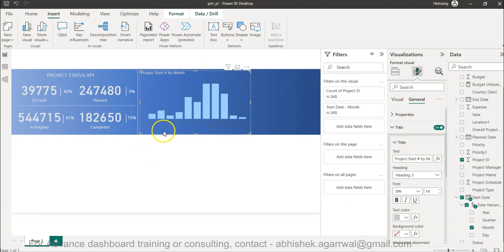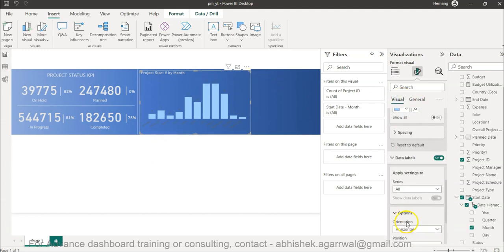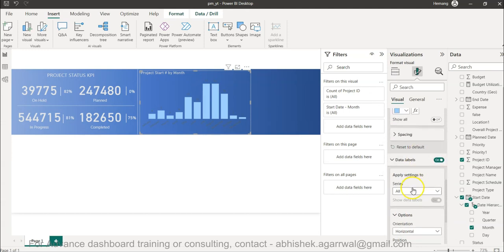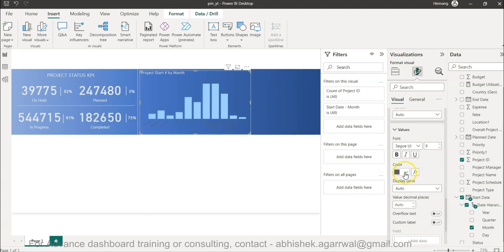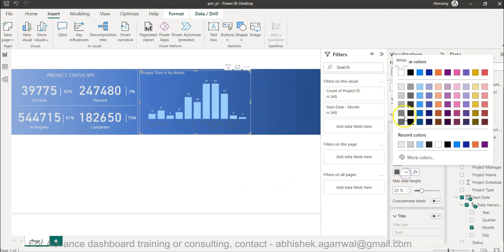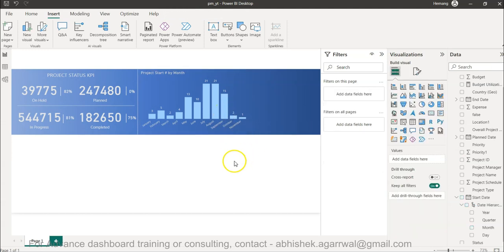Okay, so we have this, and then in the visual the labels are not coming. So over here we have the data labels, values, color. We have to make sure that it is white and properly appearing. And even for the x-axis values, let's just make sure that they are properly appearing. Okay, so we have this chart now, which is clearly indicating when the projects are starting